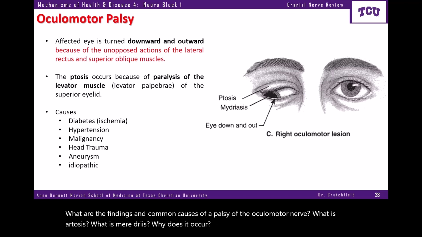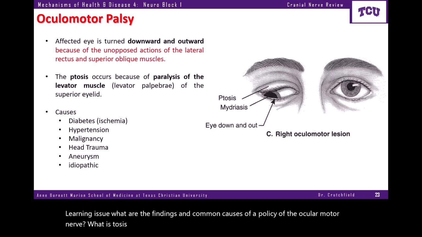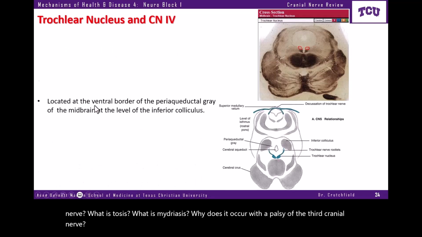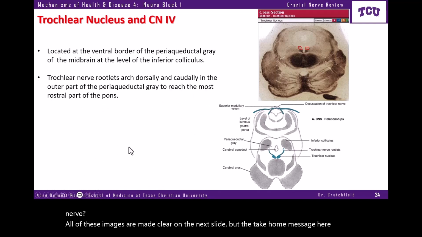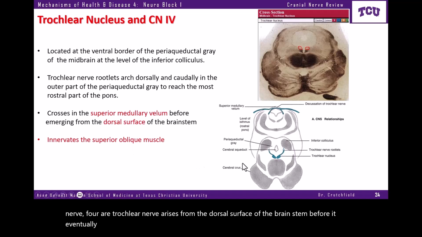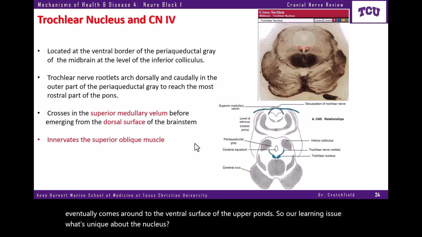The learning issue: what are the findings and common causes of a palsy of the ocular motor nerve? What is ptosis? What is mydriasis? Why does it occur with a palsy of the third cranial nerve? All of these images are made clear on the next slide, but the take-home message here: cranial nerve 4, or trochlear nerve, arises from the dorsal surface of the brainstem before it eventually comes around to the ventral surface of the upper pons. So our learning issue: what's unique about the nucleus of cranial nerve